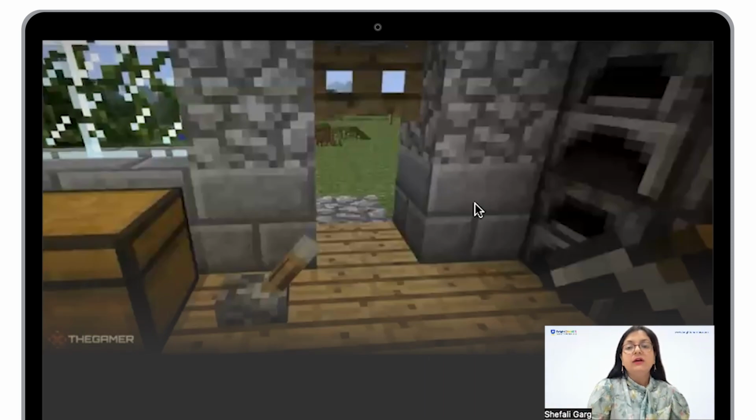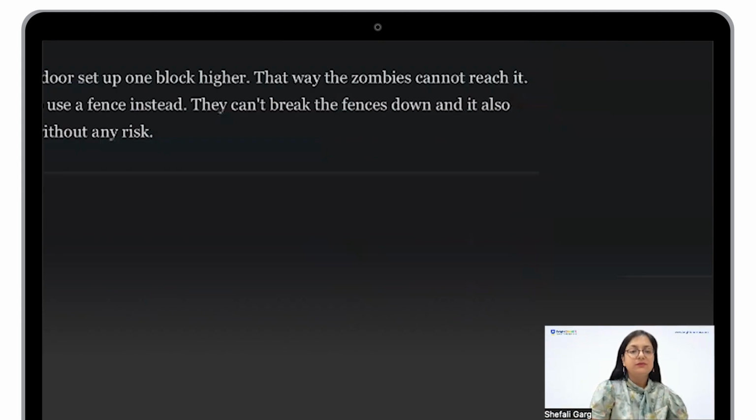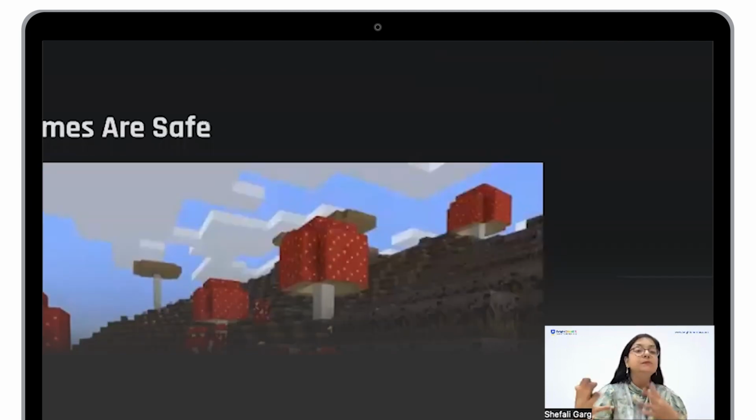Here you go. As you can see, you can just make a door like that. You can just make a door one step ahead. You can just place a block beneath. After that you can place a door, or you can use a fence instead of the block. In that way zombies will not enter the house, and it will also help you to fight back with the zombies. Now the next thing we are going to discuss is